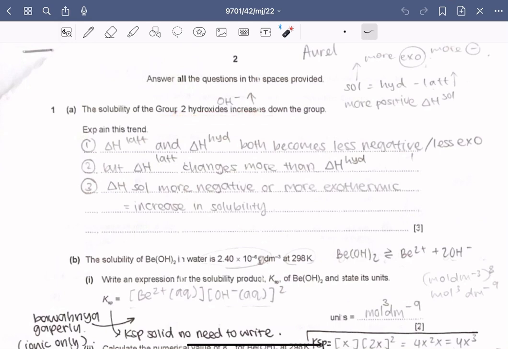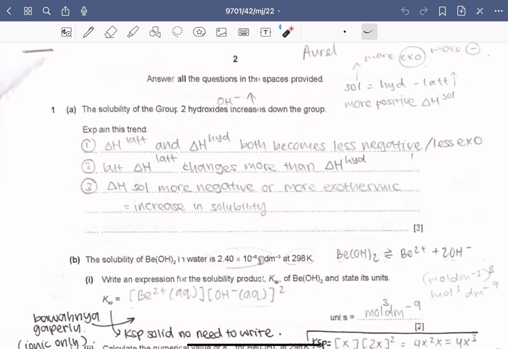change of lattice and enthalpy change of hydration both become less negative or less exothermic. And so the delta H lattice changes more than the delta H of hydration. So changes more means that the enthalpy change of lattice becomes less negative than the enthalpy change of hydration. And therefore, the enthalpy change of solution becomes more negative or more exothermic, increasing the solubility of group 2